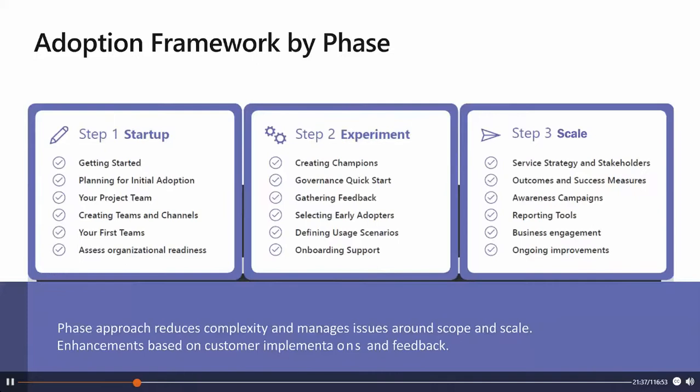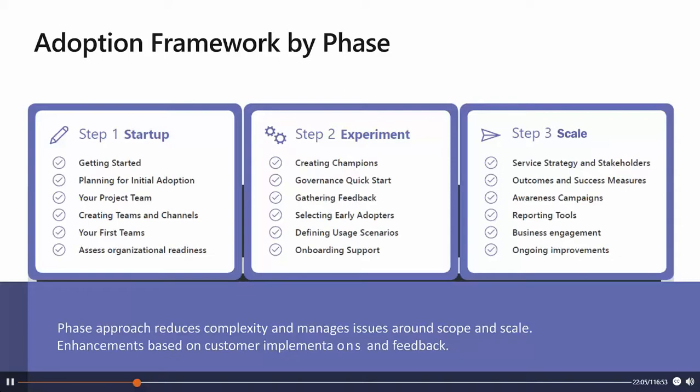Another good start to work with Microsoft Teams is to work through the adoption framework by each phase that Microsoft provides, because Microsoft 365 and Office 365 have an adoption framework that applies to major workloads in the service. This specific framework addresses the core steps that any organization should take to support the cloud services. We have the three-step model.